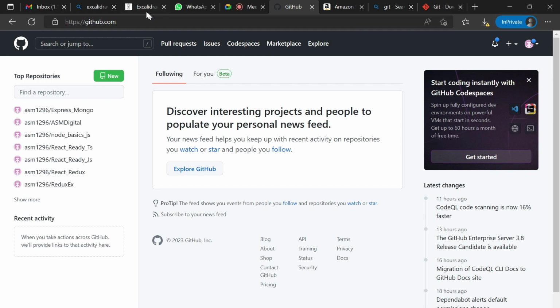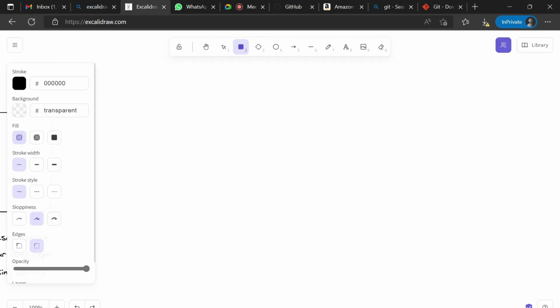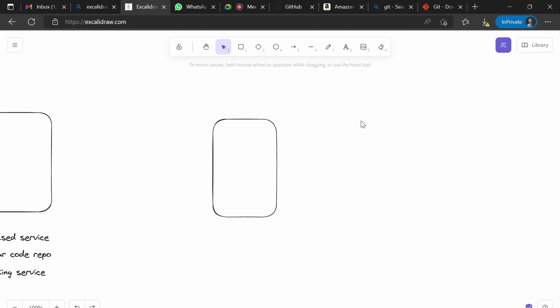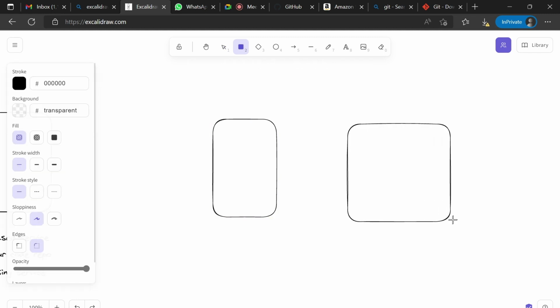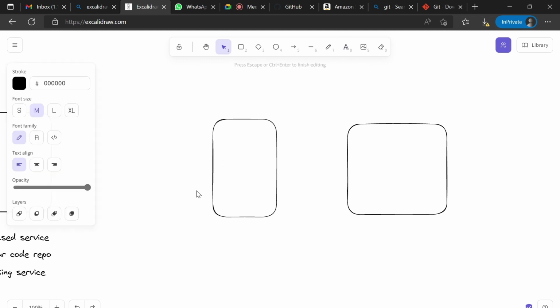So we will go to the next thing. There is a concept called local repo and remote repo.